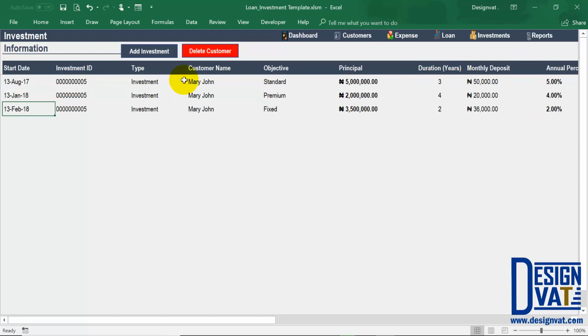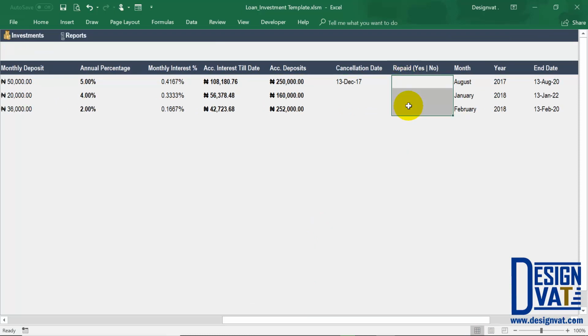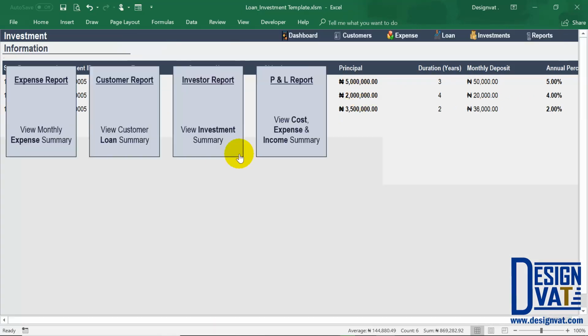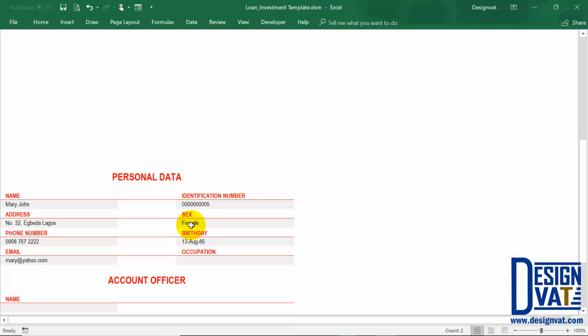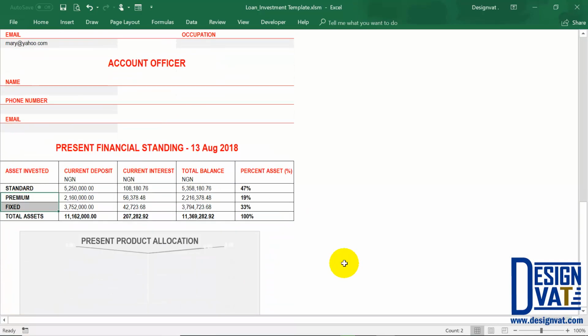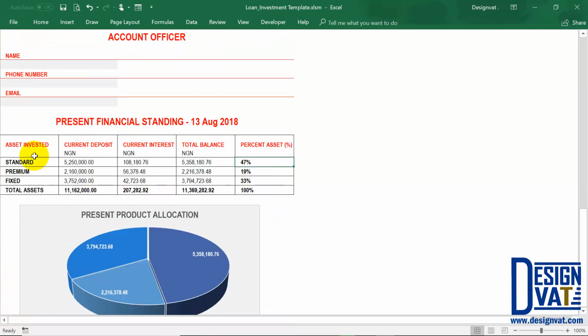So now we have 3 investments for this particular customer, and they're all with us because the repayments column is blank, meaning we haven't repaid, so the amount of money is still with us. You notice the template has automatically calculated the accumulated deposits, the interest, and all of that. So now if I go back to that report, that is my investor report, you notice that the table has automatically updated. It tells us that 47% is the standard, 19% is the premium, and 33% is the fixed, everything